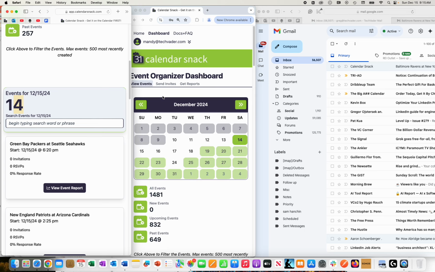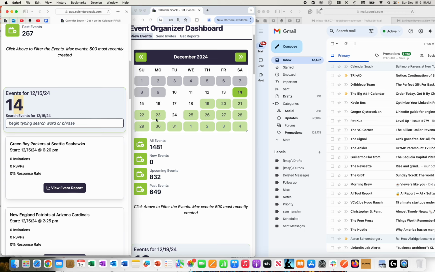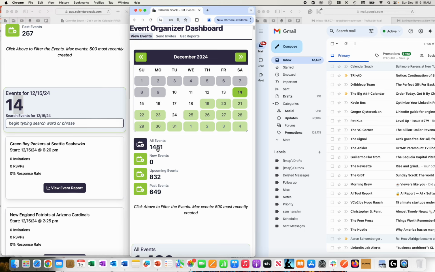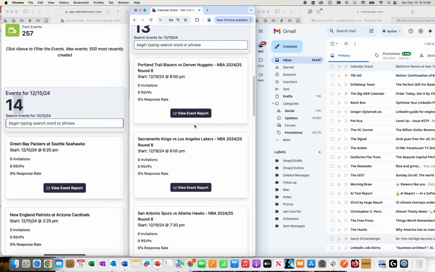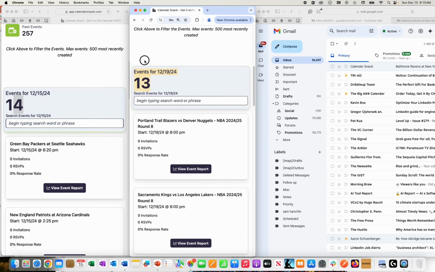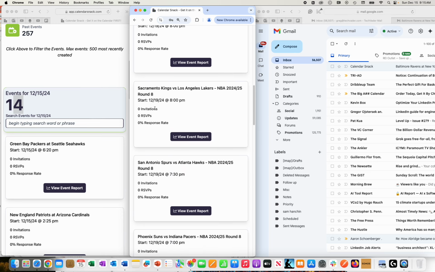Now, when I go here to this panel, this is all the data from the NBA. There's about 1,480 games loaded into this database on AWS. And our next available game is the 19th of December. When I click that, you'll see that I scroll and the events for 12/19 are displayed here in this S3